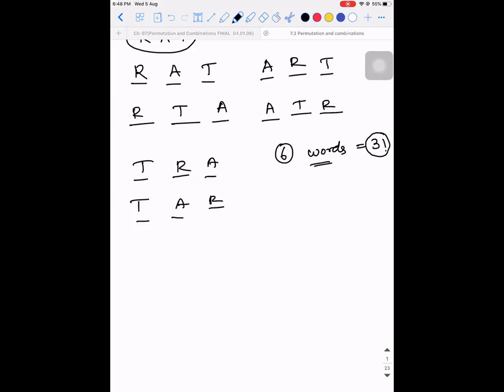If I give you 4 different letters, for example a word like fare, F-A-R-E, and I'm asking you to rearrange all these letters among themselves, then how many words will get generated? 4 factorial. It's very simple, right? But you can write 4 factorial only when they are, what is the important point? Distinct. Only when they are distinct. That word is important because all the letters are different from each other.